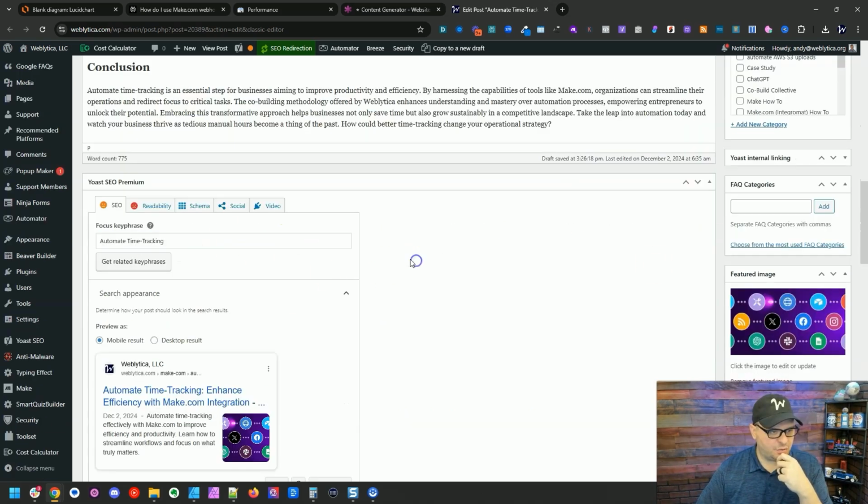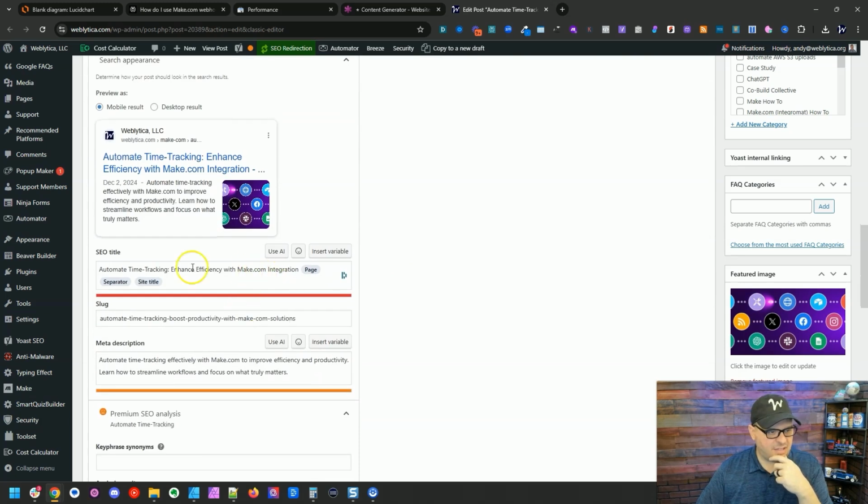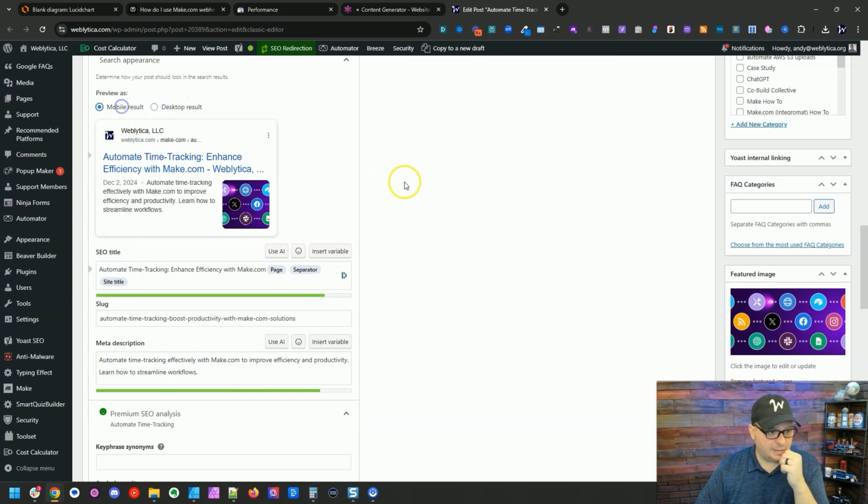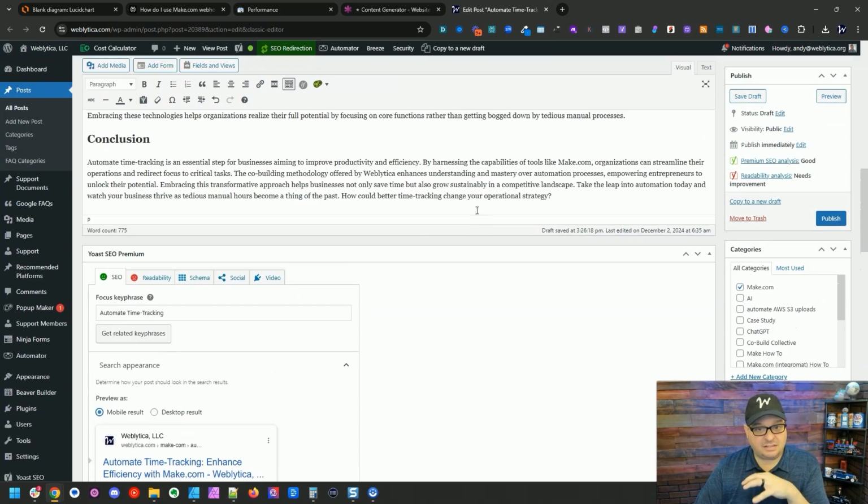Here's my focus phrase. I need to make my SEO title and slug a little shorter, so I'm just going to take that out of there. Now we're green for SEO. That's all it took to make this work. I got both of those where they're readable in Google search. Here's the desktop result. You can see it's ready to publish. That's all I do.